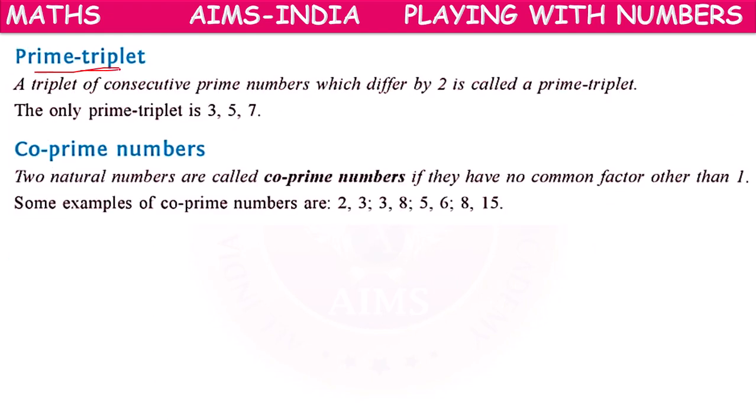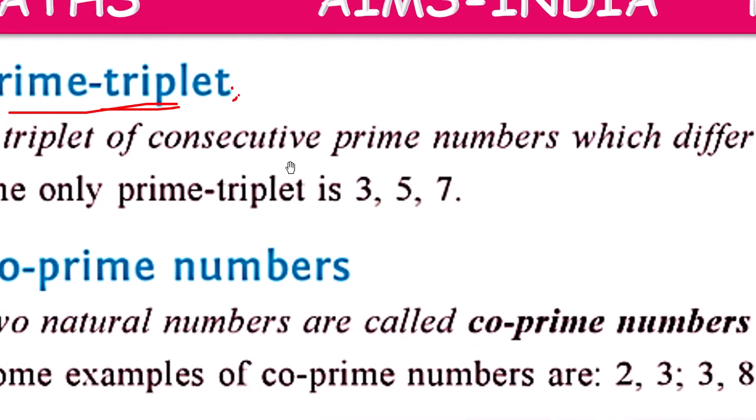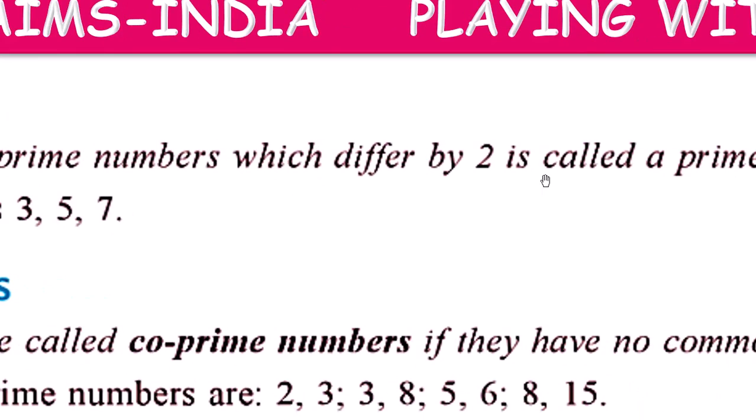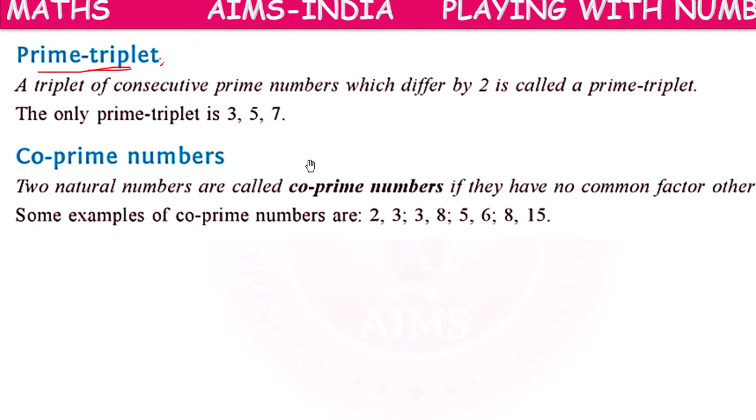Next, prime triplet. Prime triplet means a triplet of consecutive prime numbers which differ by 2 is called a prime triplet. Prime triplet means